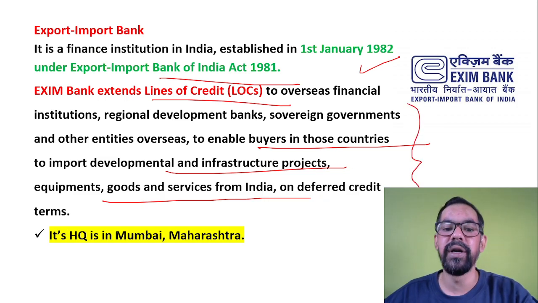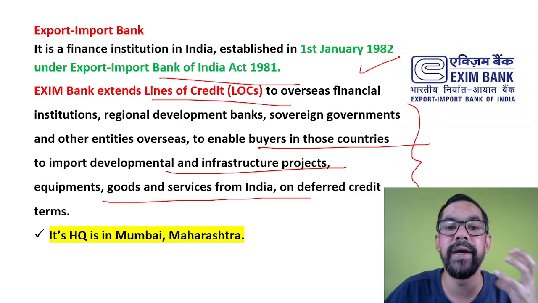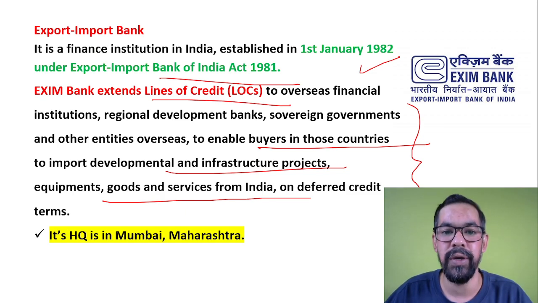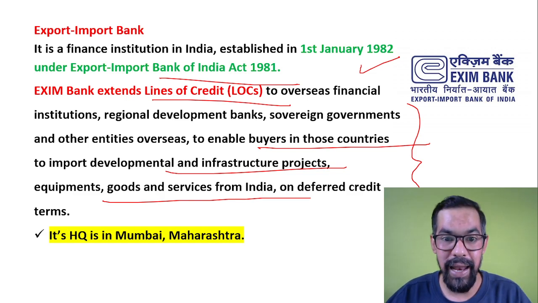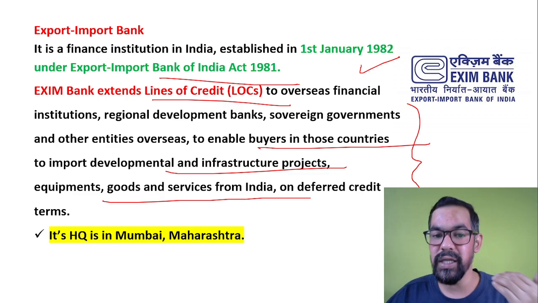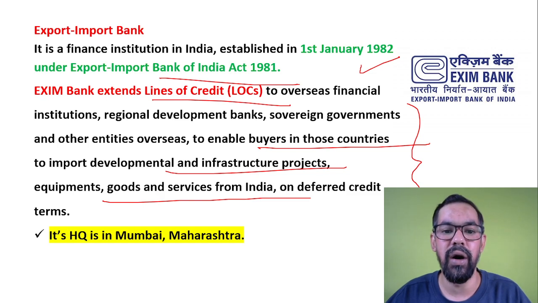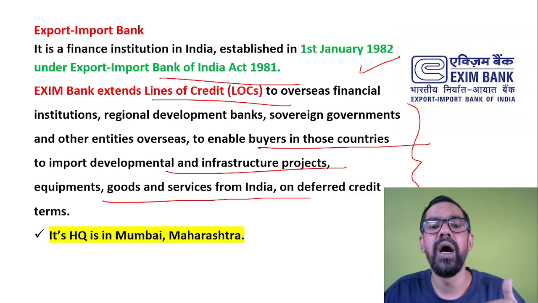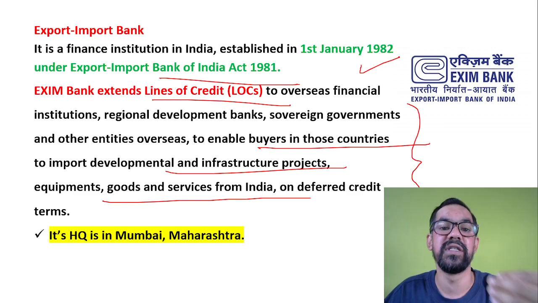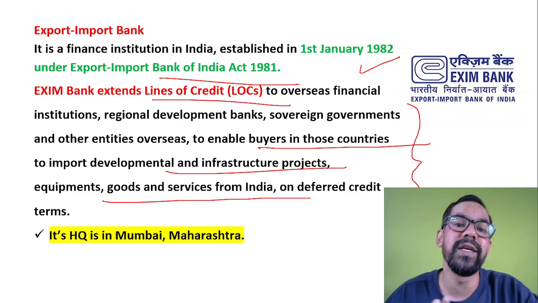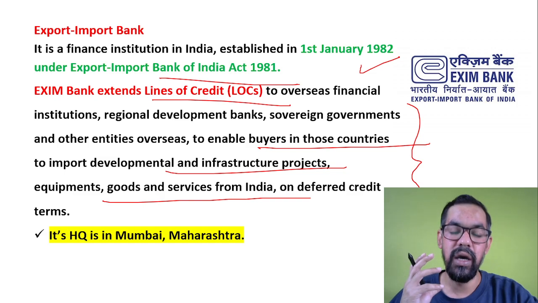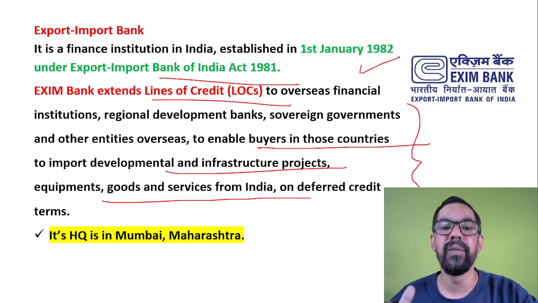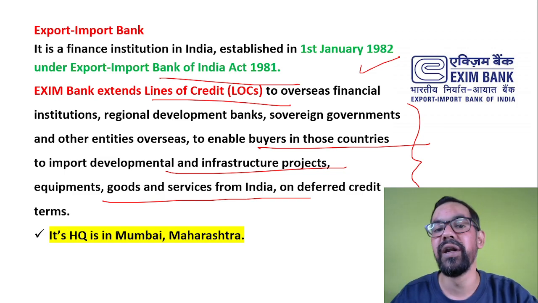So the role and responsibility of EXIM is, let's say, the end goal is to encourage the overall export from the Indian economy. Okay, so to push the Indian economy's exports, so we have a fair balance of trade or balance of payments, it generally provides credit facility or LOCs, lines of credit, to other countries, firms, or other institutions or business houses, so they can import things from our country. Okay, so this financing or payments, or the insurance of these products with the help of DIC and ECGC, is generally done by EXIM.